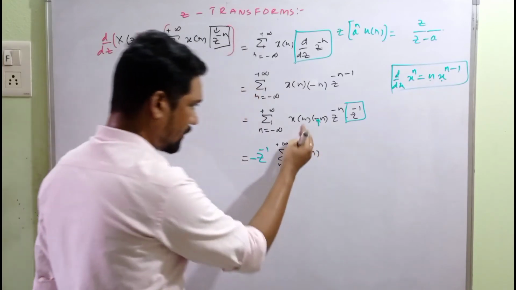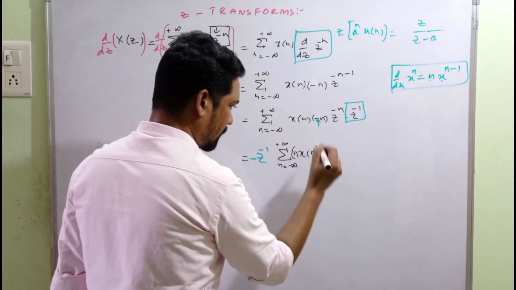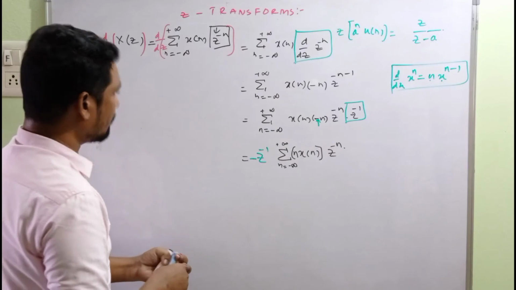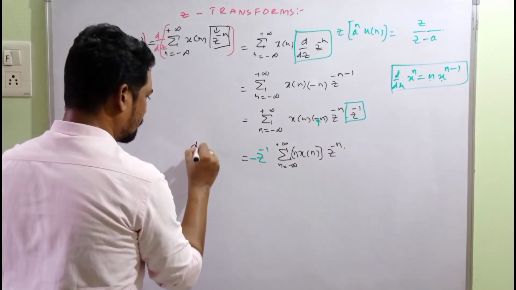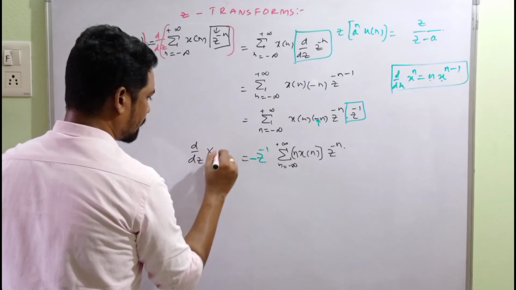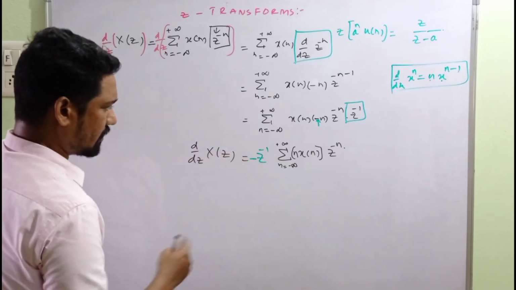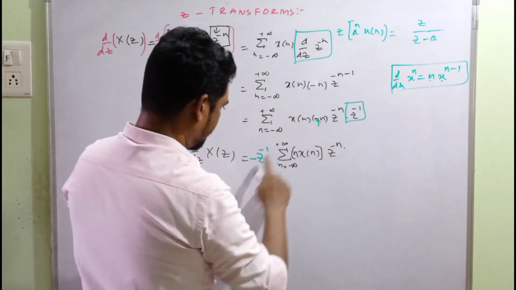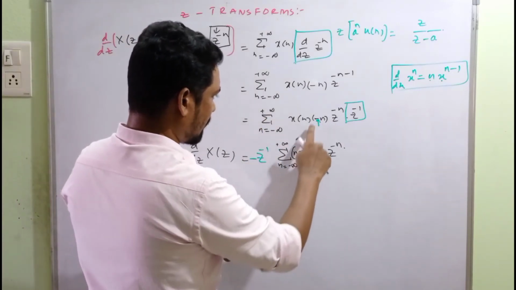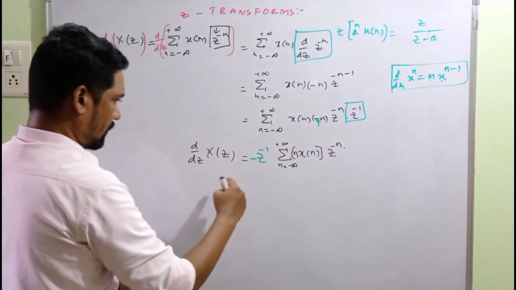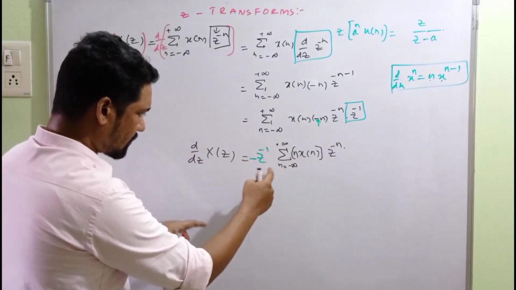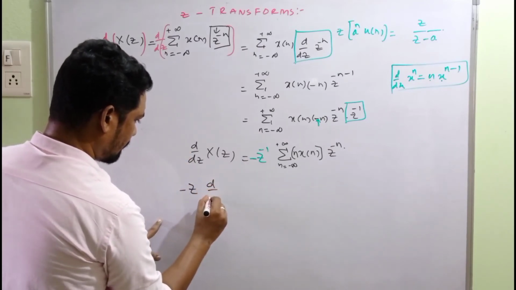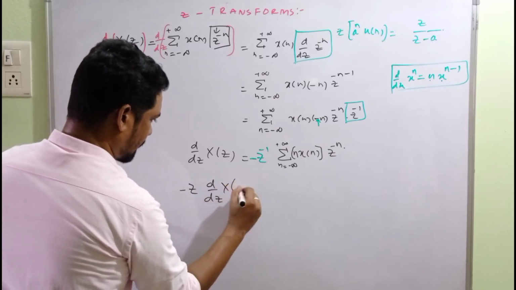We have that n that didn't come out. It's a part of the summation into z raised to minus n. Okay, so what is this all about? It's d by dz of x of z, right? So in that case, guys, hope it's transparent. Summation, negative, z inverse came out, n is inside, x of n inside, z raised to minus n, and it's a z inverse, so that will be minus of z d by dz of x of z, which is